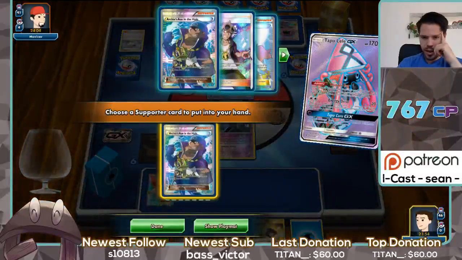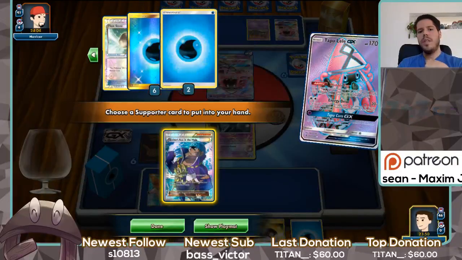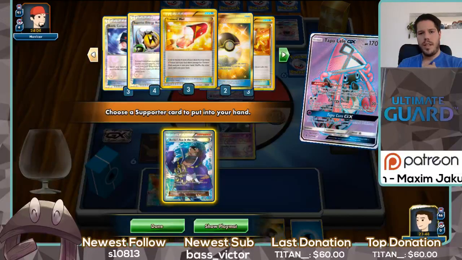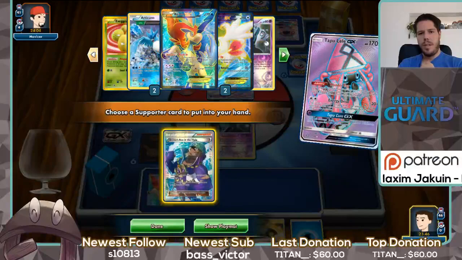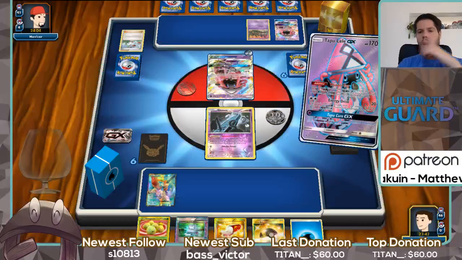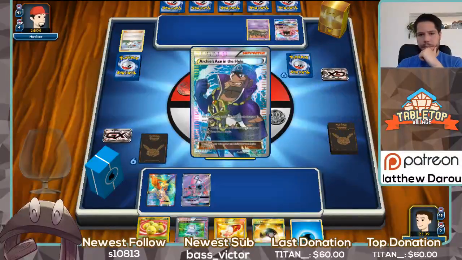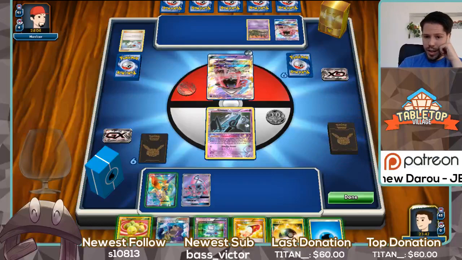Garbotoxin, of course, is a nuisance, especially because we don't have any field blowers. So our goal here is to attach as many energy as possible, as quickly as possible onto our attackers, whilst being careful of not running into a Lele knockout or something like that. So there's the Archies. Now,